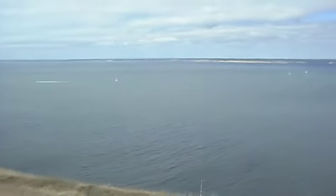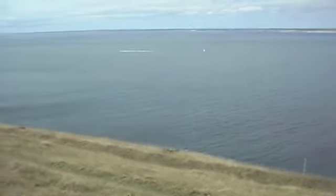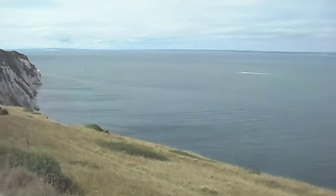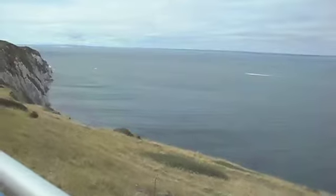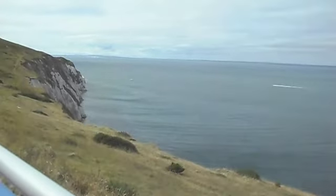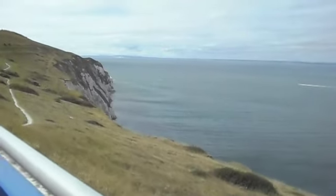in the distance. Across the Solent, you can see the estuary that leads into Lymington Harbour and the flat plain of the New Forest, which still covers some 92,000 acres. We will soon be approaching the Needles Old Battery, which was originally built in 1863 to protect against invasion by